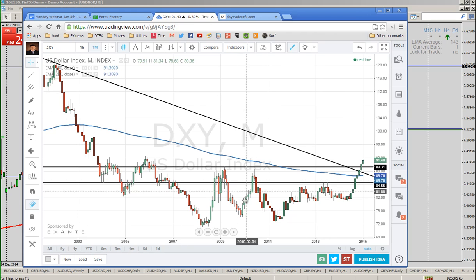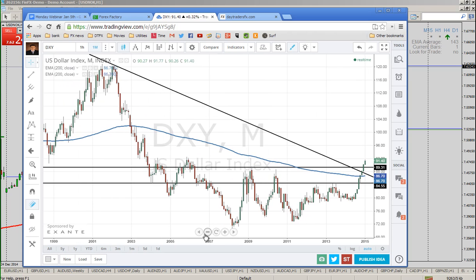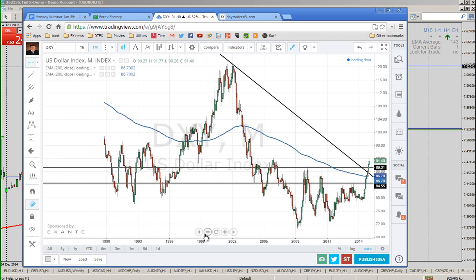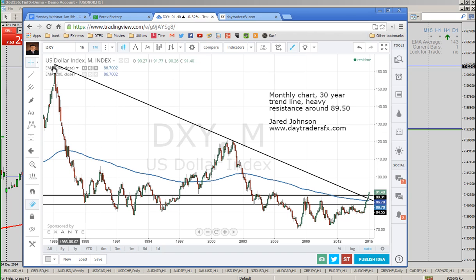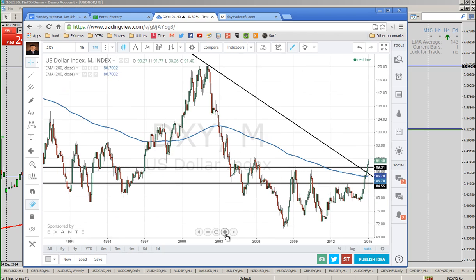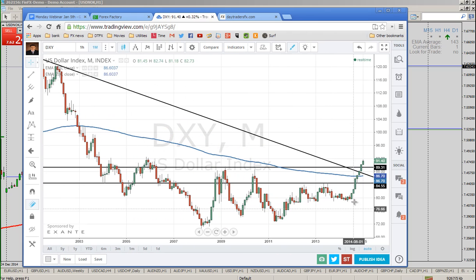And we're nicely through this trend line right here. This is that long-term trend line that we've talked about for some time now. That huge trend line that goes all the way back to 1985. The dollar has just plowed through that, no problem. And so now we're watching this. It's had quite a rally. It's been going up for a good several months straight now. It's due for a little bit of a pullback, but overall major levels have been broken, and it just continues